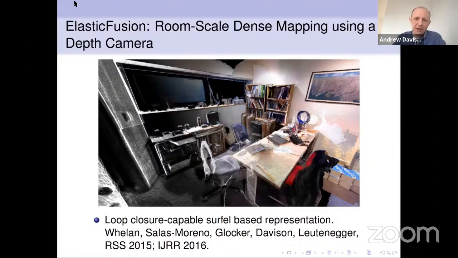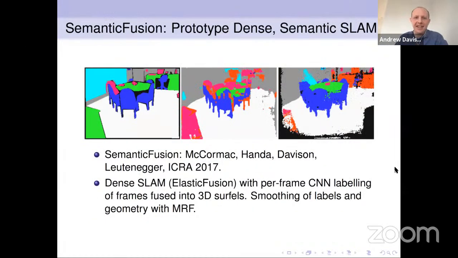This one, ElasticFusion, which I worked on with Stefan at the Dyson Robotics Lab, was a surfel-based system that could map whole rooms from depth camera information. It could close loops as well. So here you see we've got now a really quite detailed representation of a scene. This is actually my office at Imperial, which I haven't seen in person for quite a long time now. So it's detailed geometric information, but what's not here is any sort of sense of semantic meaning. So that was really the next challenge, and very much, I would say, still an ongoing one.